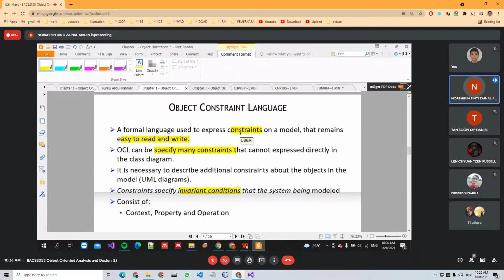So constraints in OOAD are something that we use to specify the condition or restriction that needs to be satisfied over time. So that is constraint in OOAD. And then OCL can specify many constraints, the limitations, that cannot be expressed directly in the class diagram. So it is necessary to describe additional constraints about the objects